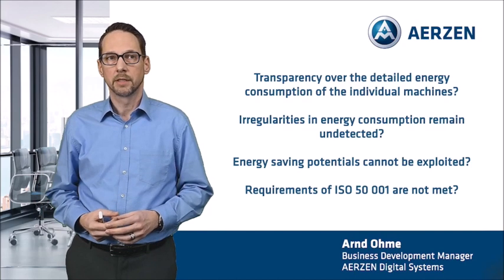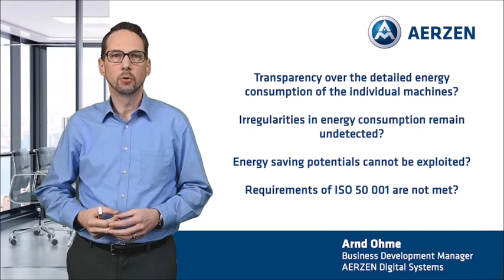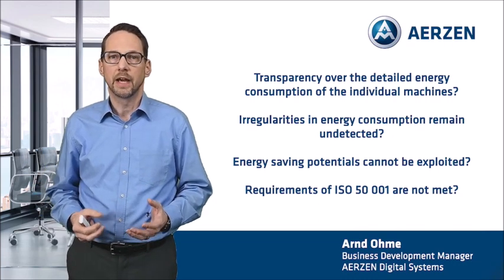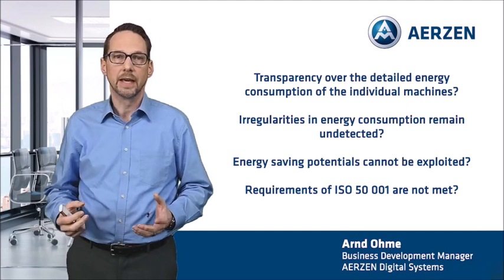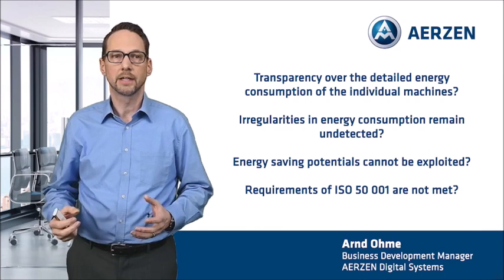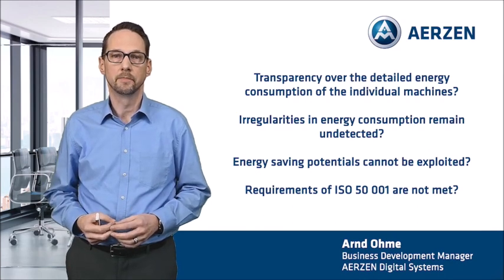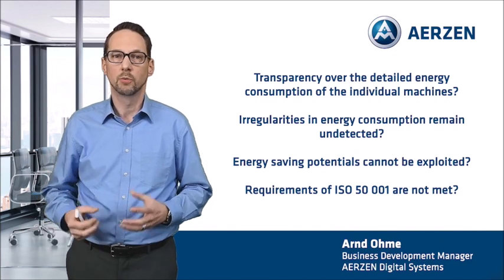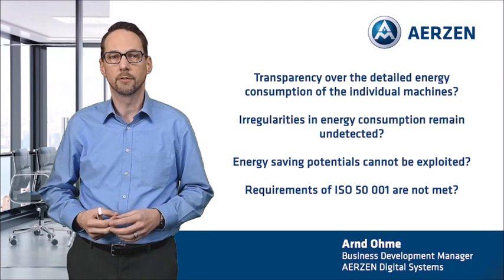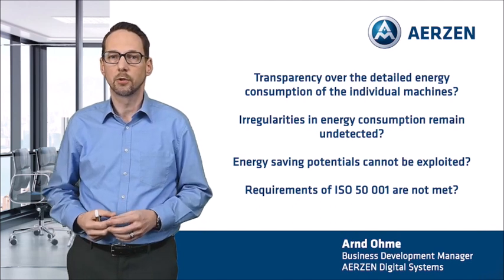One of them told me, I don't know the exact energy consumption of the individual machines. I get the electricity bill at the end of the year, and because I don't have a detailed energy consumption record, I can't check it in detail. Another request is, we would like to get ISO 50001 certified or apply for funding, but the data reporting effort